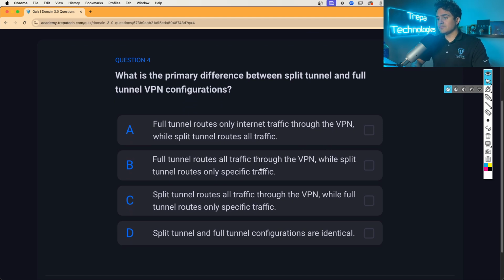So full tunnel routes all traffic to wherever your VPN endpoint is. If you're a client or site-to-site in a full tunnel configuration, everything goes to wherever that endpoint is, your next hop to that VPN. So if you're the client, a remote access VPN, in a full tunnel config, no matter what you do, 0.0.0.0/0 is